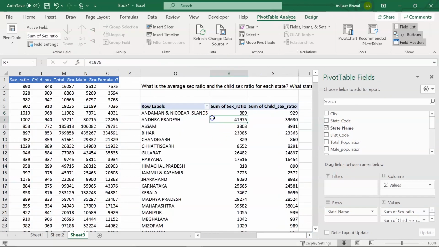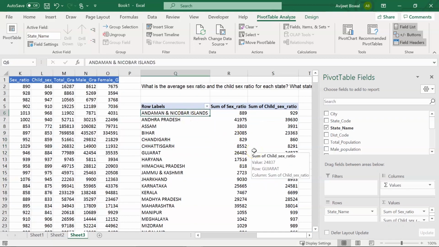So here you can see we have our pivot table ready. On the left you can see we have the different state names listed, and on the right we have the values. Now we want to find the average. By default Excel will sum the numeric columns. You can see it tells you sum of sex ratio and child sex ratio.